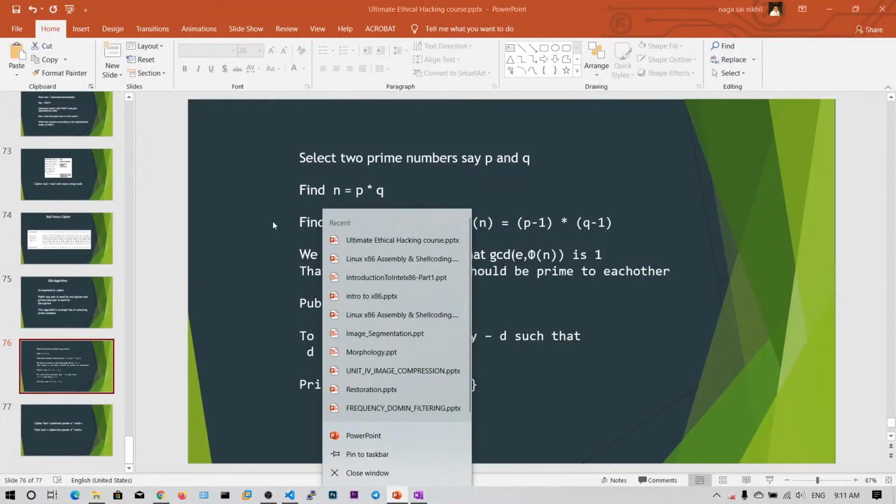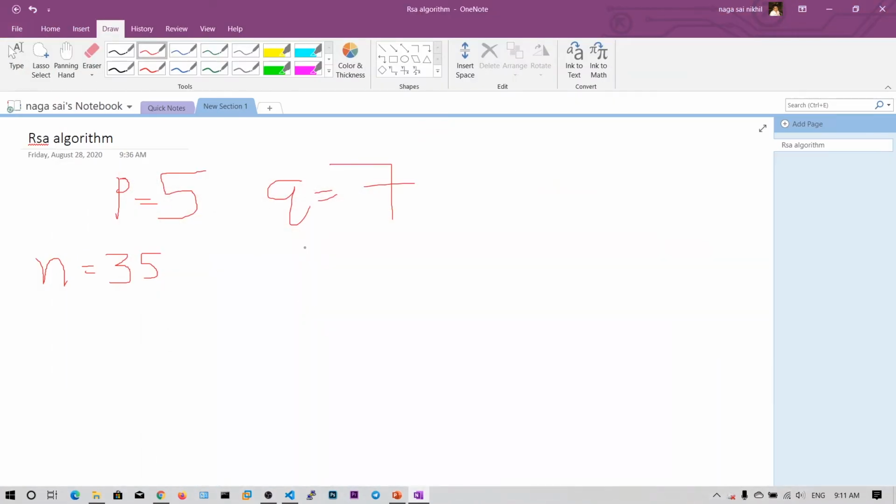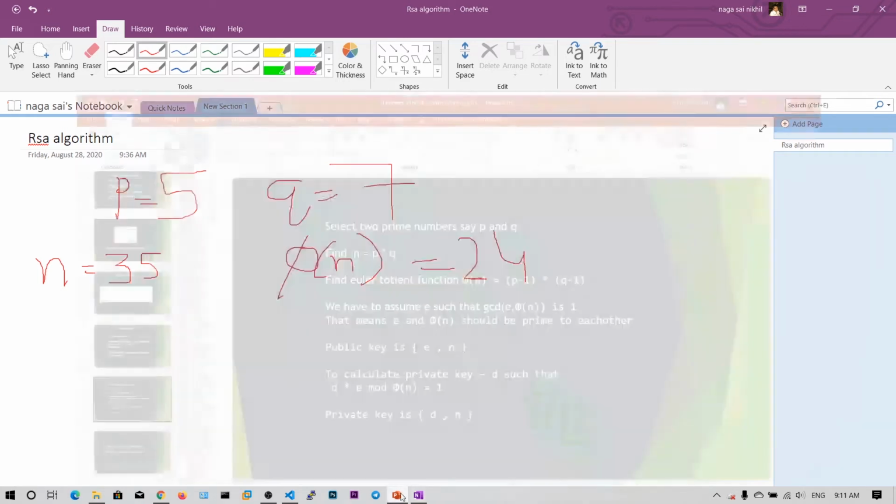Now we want to find phi of n, which is the Euler totient function. Phi of n is equal to (p minus 1) into (q minus 1), that means 4 into 6, 24. I'm taking small primes because I just want to keep the calculation simple.